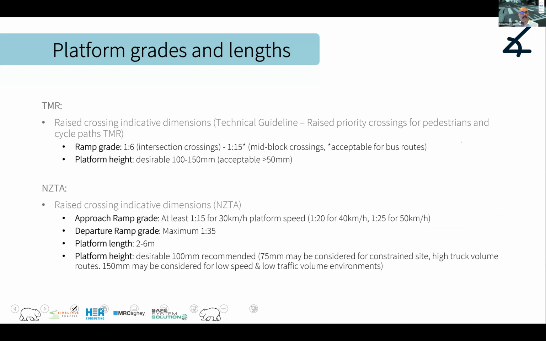And TMR's got some good guidance in there. Platform height desirable 100 to 150. 150 is high, like that is a high ramp, and I'll show you why that's high. I'd be interested to see any practical applications of 150 in Queensland if there have been any, but I would